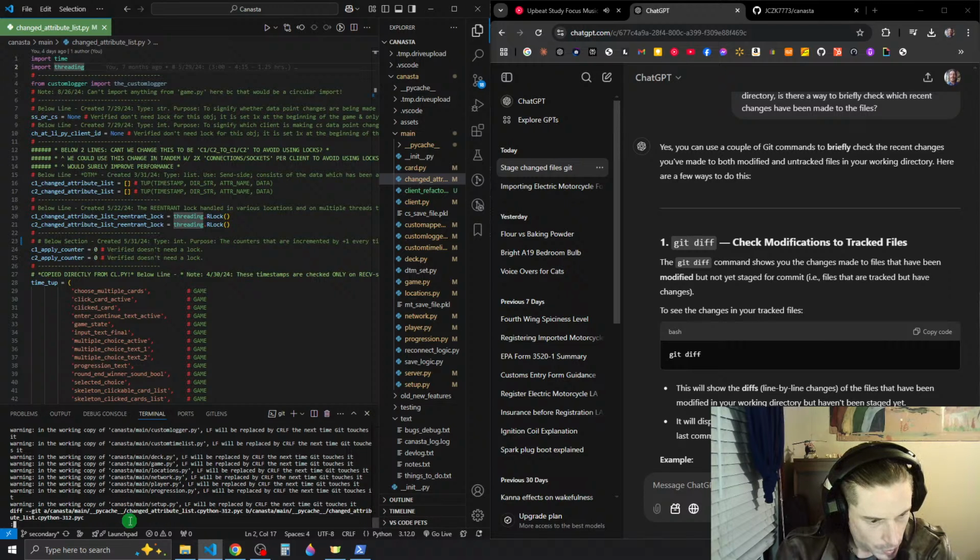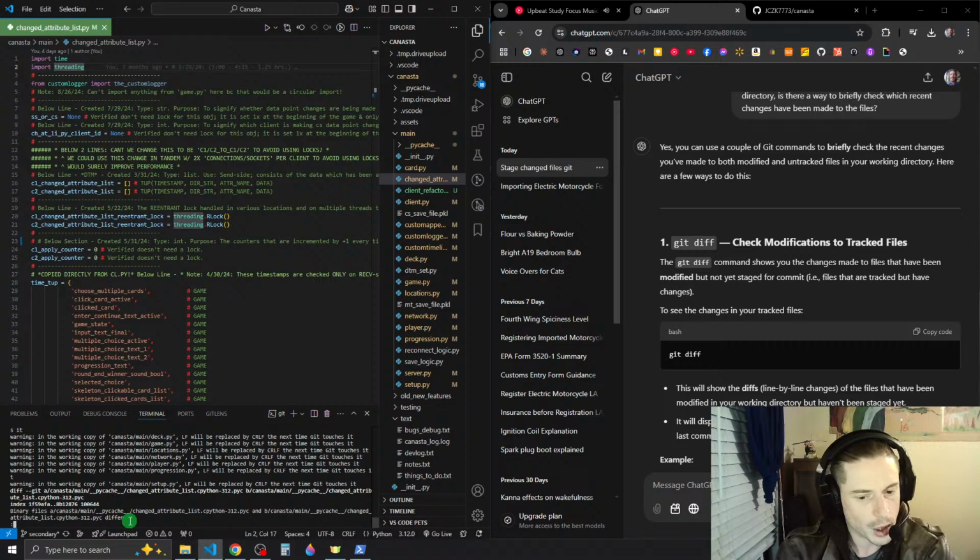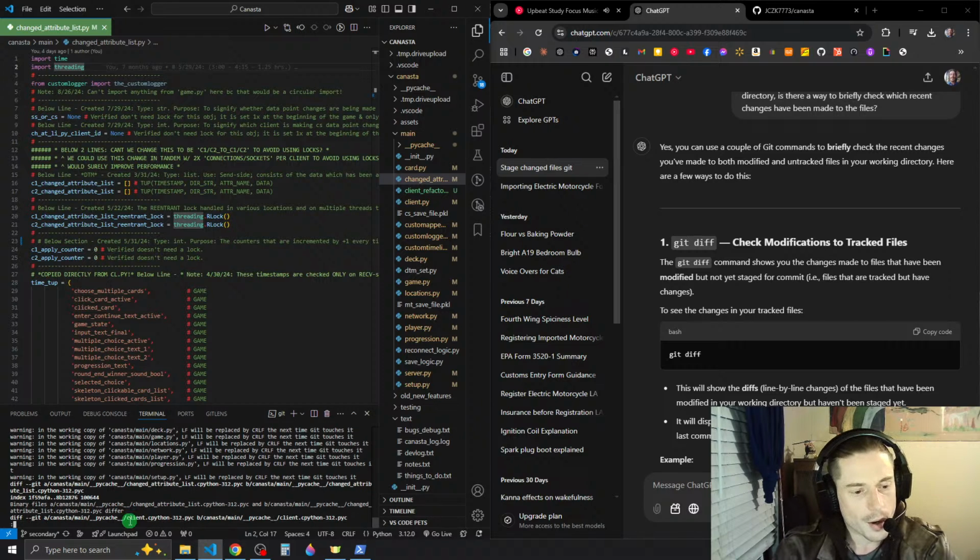Oh, it's showing me. Every time I hit enter, it's doing a new line. Oh, but there's a visual way to do this. Isn't there a more optimized visual version of this in VS Code?